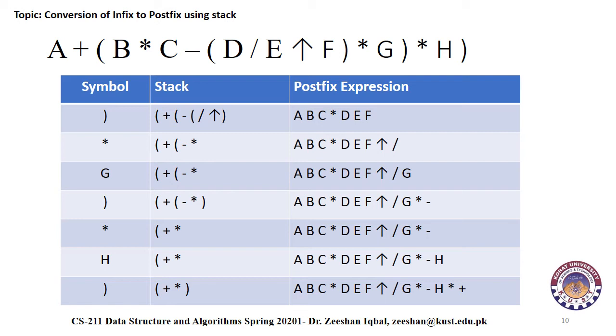And lastly we have the right parenthesis again, so we have to repeatedly pop the operator on stack and put it to postfix expression until the left parenthesis is encountered. So here asterisk will be popped first and added to postfix expression, and in the next phase plus will be popped and added to the postfix expression, and we have to remove both parentheses as well. Now we can see that all symbols are finished and stack is empty too. What is left in the postfix expression is the final postfix expression of the said infix notation.